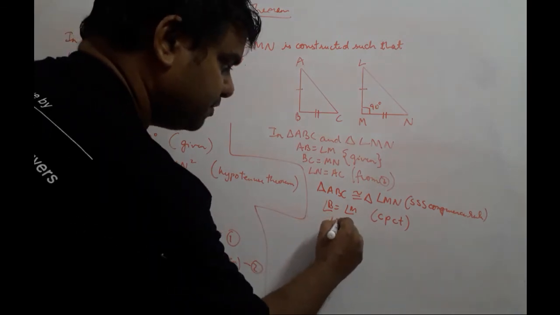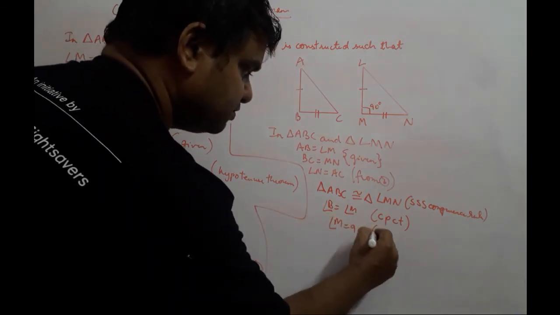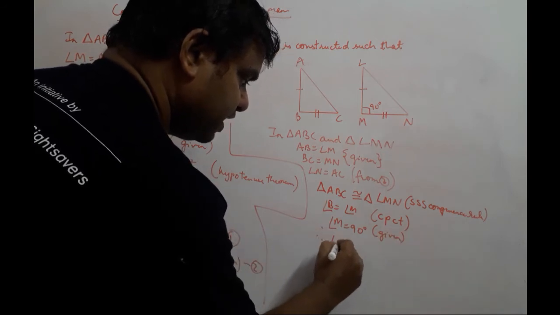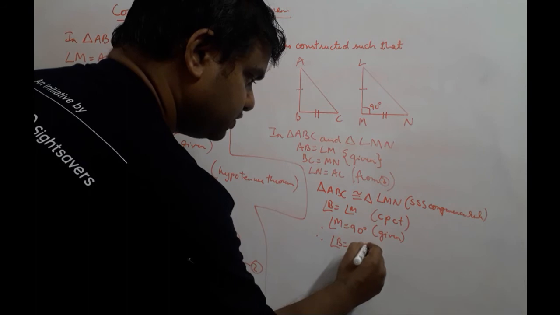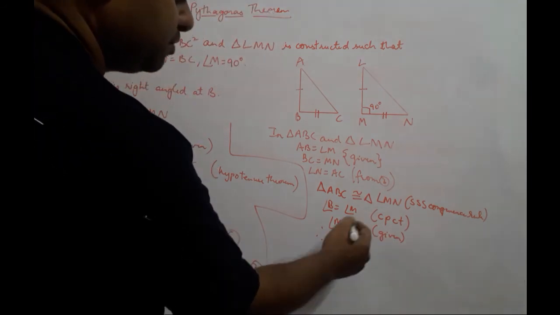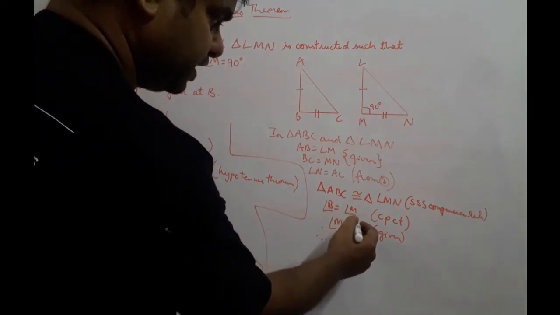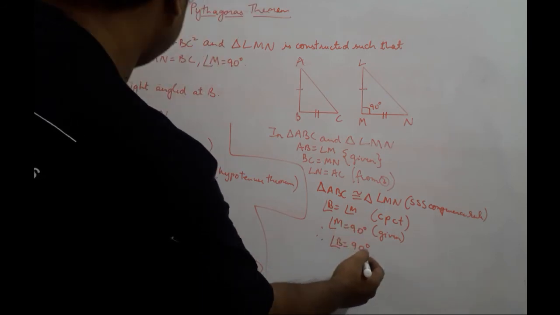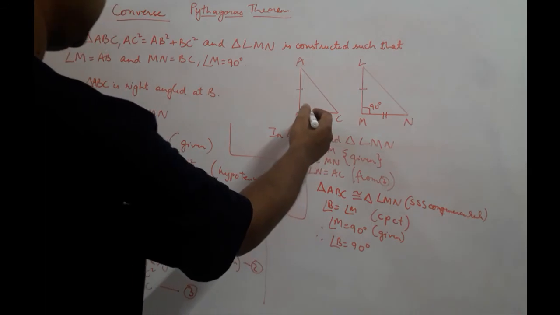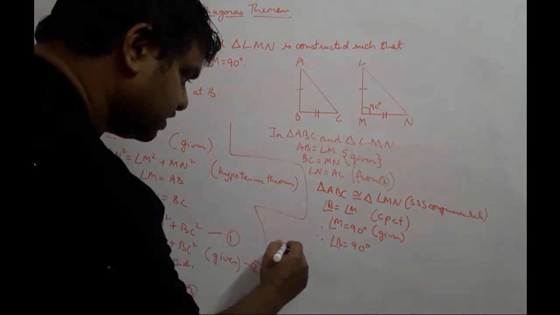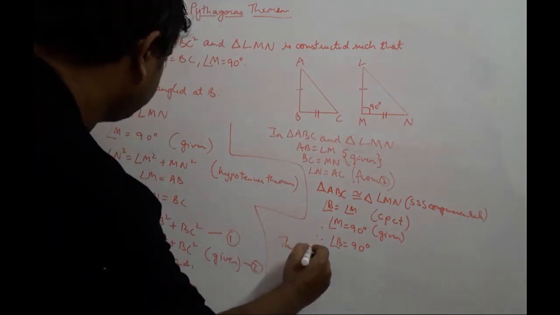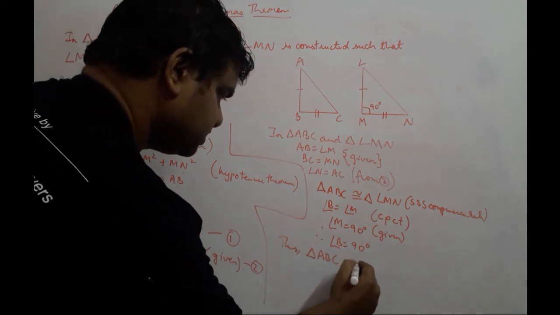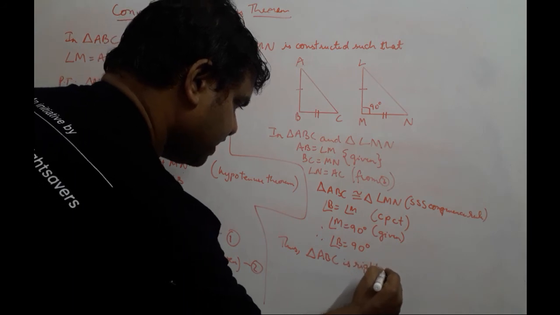We know angle M is equal to 90 degrees because that is given. Therefore, we can say angle B is equal to 90 degrees as well. So we can conclude, thus we say that triangle ABC is right angled